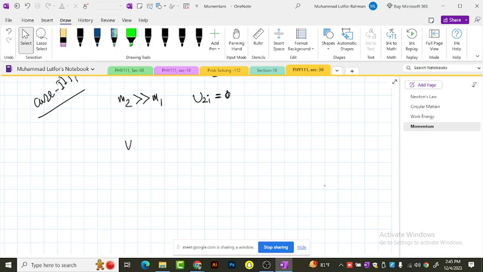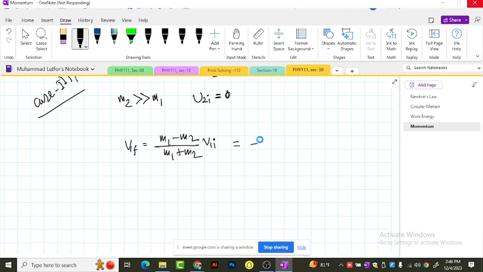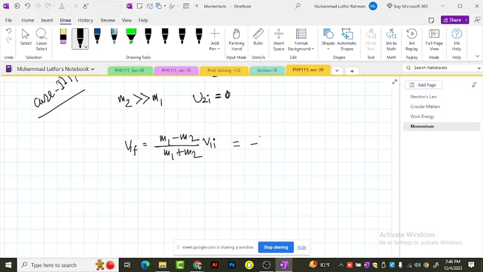I'll find that v1f is m1 minus m2 divided by m1 plus m2, times v1i, plus 0. So in that case this is going to be 1 minus 1000 divided by 1 plus 1000. That ratio is going to be 1, but this time it's negative 1, because 1 minus 1000 is something negative. So I'll find this will be minus v1i,